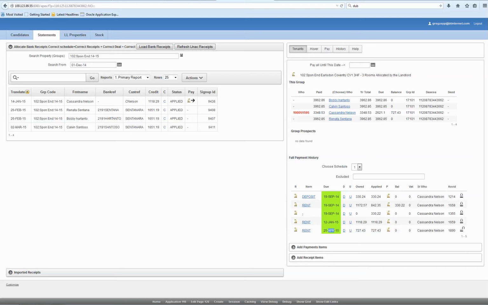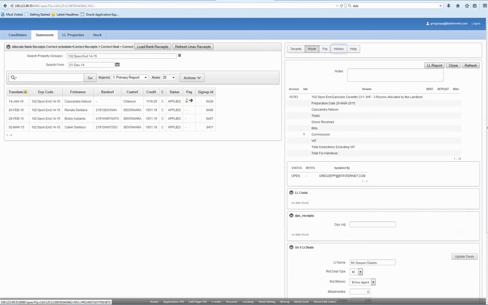Anyway, now that we've paid that, let's go to the handover tab. There's some money to hand over to the landlord. Oh dear, it's not showing. That's because on this tab, to stop this thing doing lots of unnecessary work, I've put a refresh button there. It's on demand. When you come to this tab, just bang the refresh button and you'll see the latest state